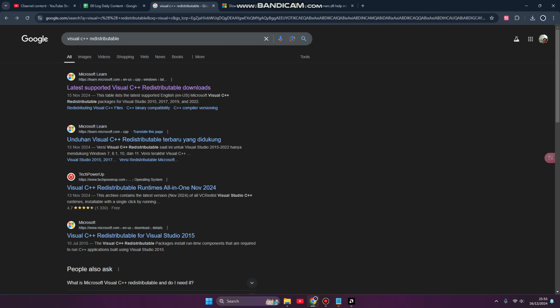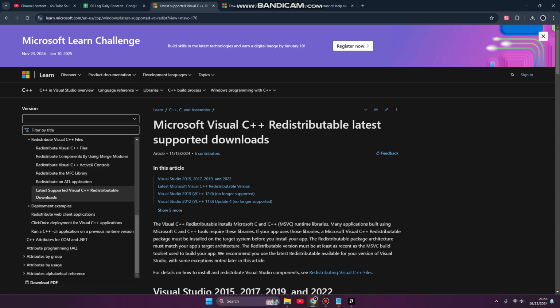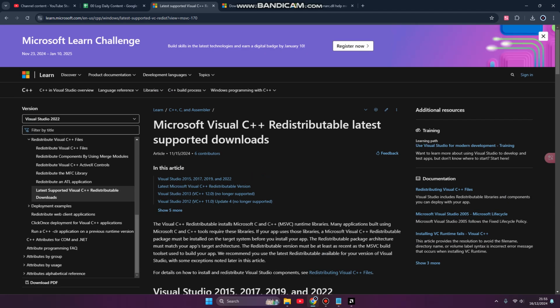Usually, if you can access your game installation folder, you can find the VC Redist, so you can install it manually from there. But if you don't have it, you can try to search on Microsoft.com, the official website of Visual C++. You can click it. The latest supported